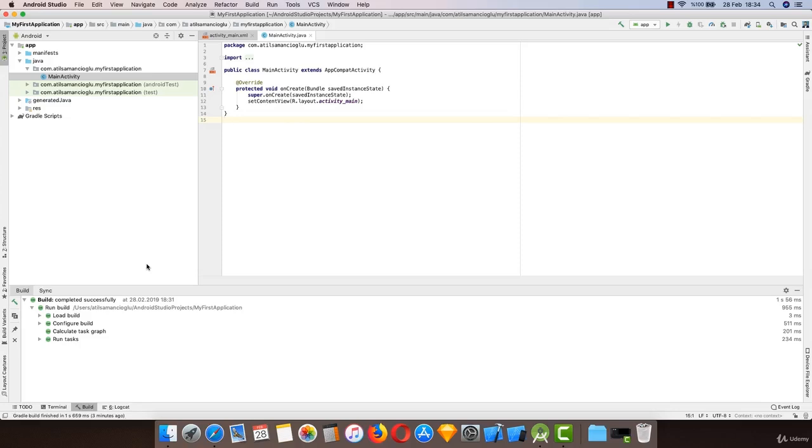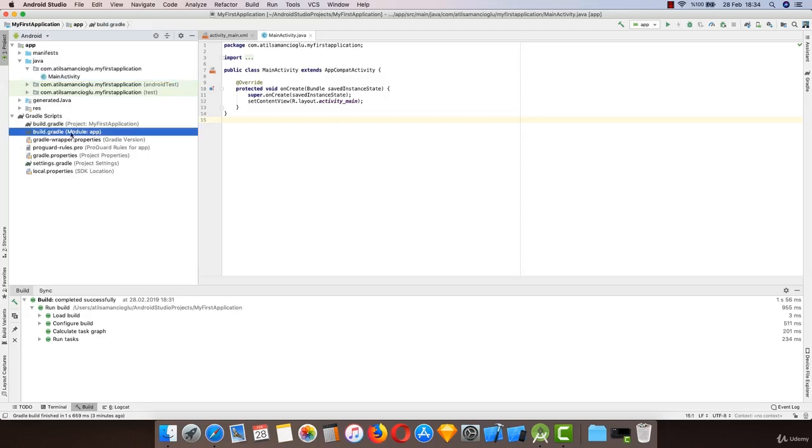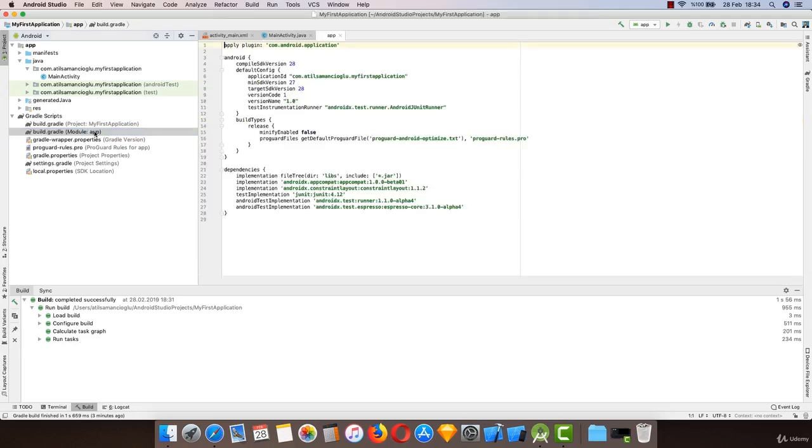We can edit them. So it's the same thing as opening them with a text editor and writing inside of them, but of course you will break something if you do that. So that's why we use Android Studio over here, in order to generate quality code for our application. So on the left hand side under Gradle Scripts you will see something called build.gradle, and that's where you need to edit if you get any errors at this point. Sometimes this happens, so if you don't have any errors, if you see build succeeded